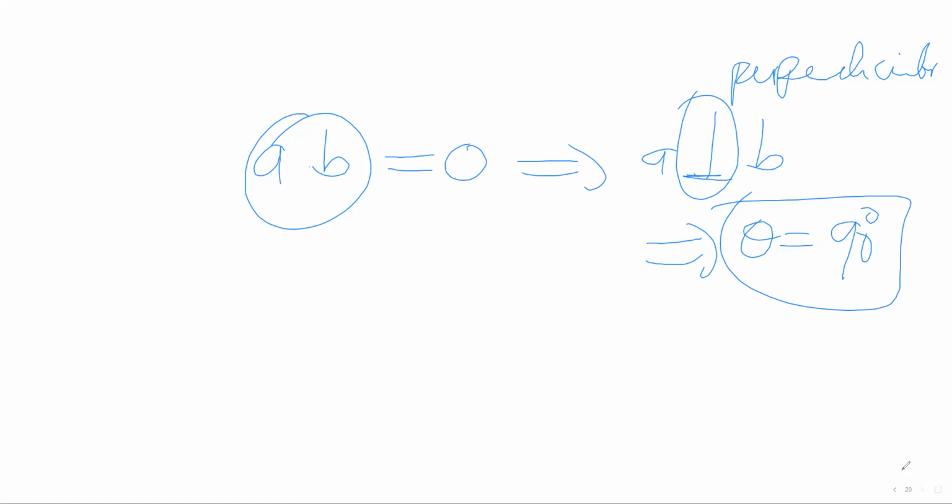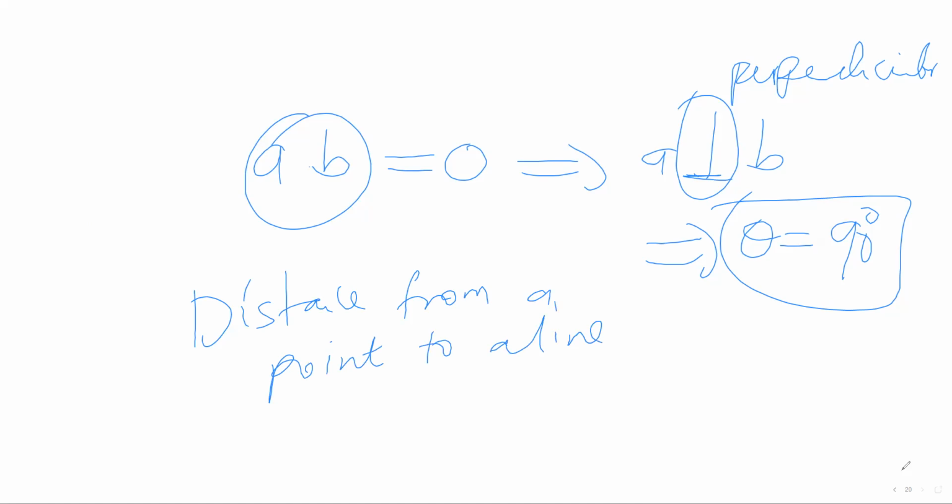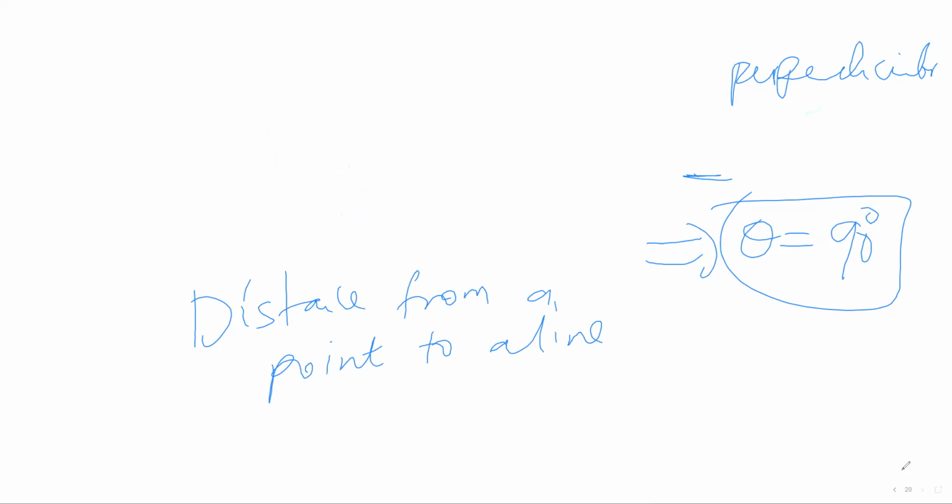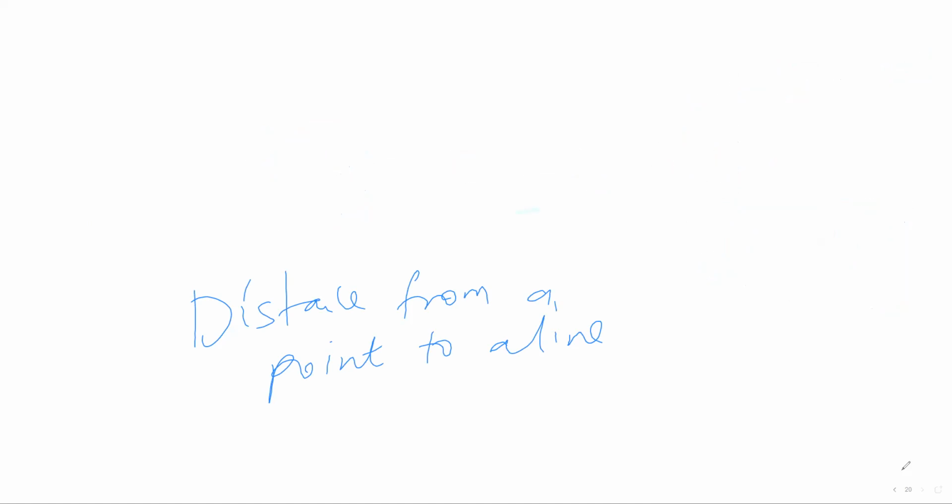Okay, so in the last class, I want to talk about finding the distance. The distance from a point to a line. From a point to a line. Distance from a point to a line. So what do I mean here? What I mean is,